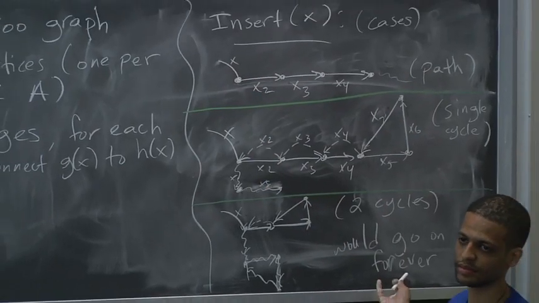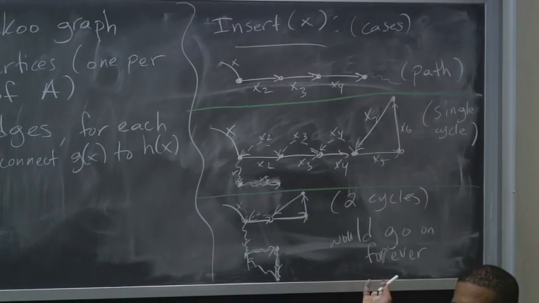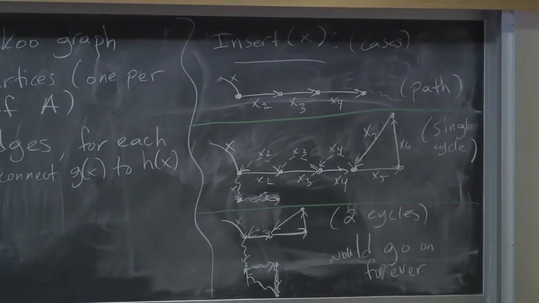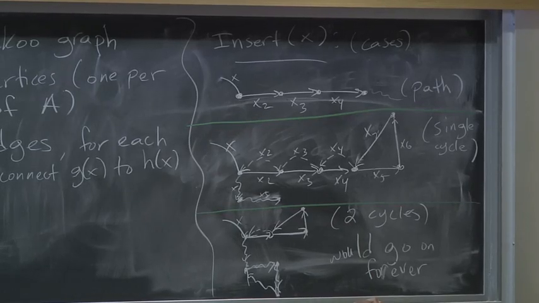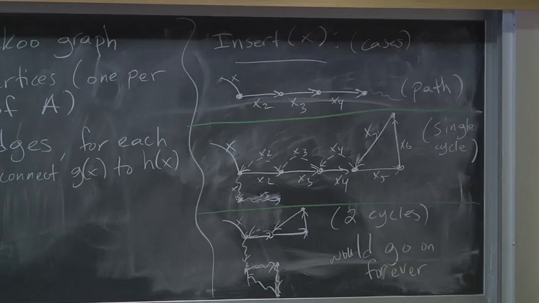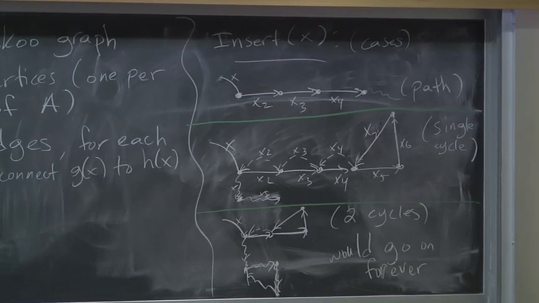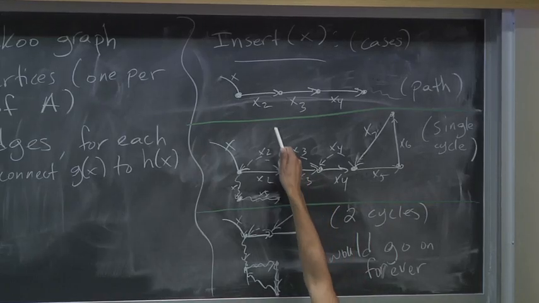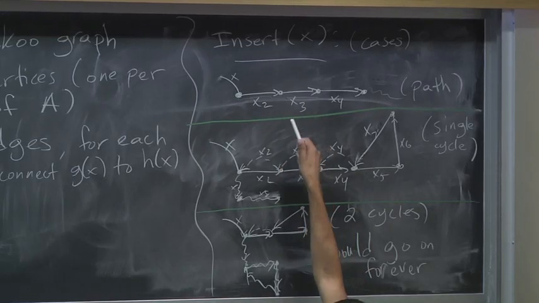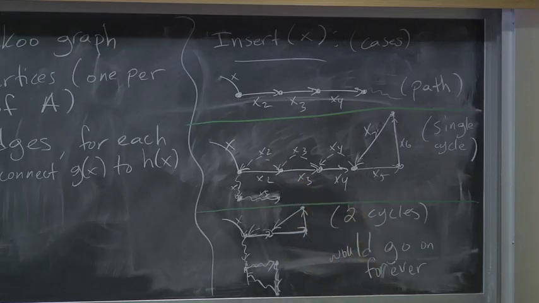Yeah? When you say fix the assignment of the k plus 1 hash values, wouldn't there be 2k plus 2 hash values? So every vertex is a hash value, right? So the fact that you have this path means that h of x2 equals g of x3. Yeah. Or the other way around. It could be g and h. So what do you mean exactly by fix assignment of the hash values